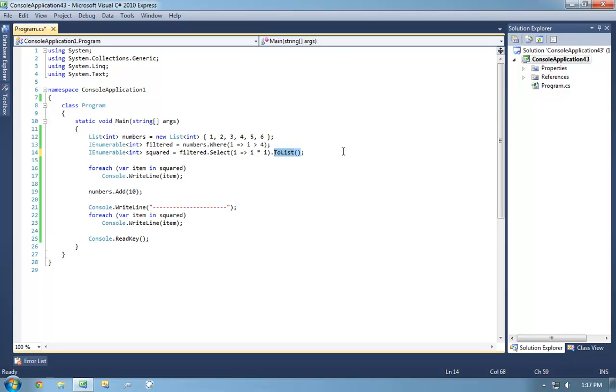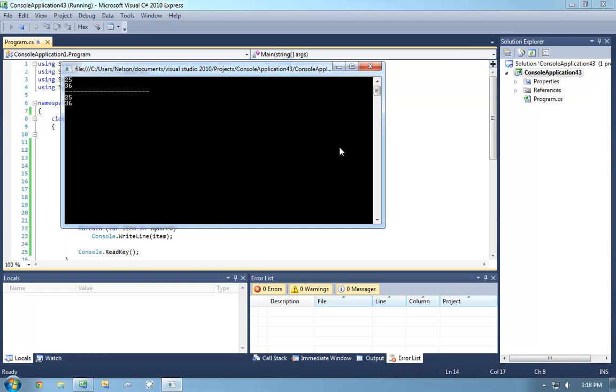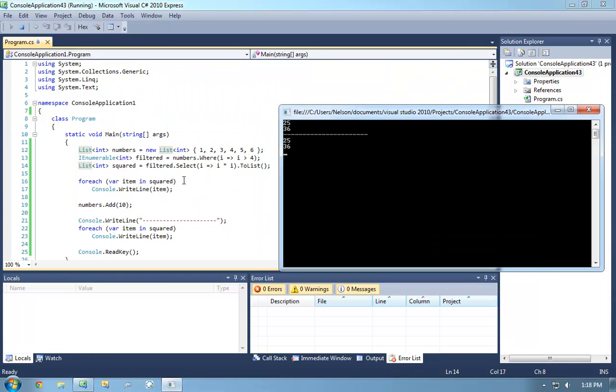Now I can still reference this list as an IEnumerable of int, of course, because a list is an IEnumerable of int. Alternatively, I could turn squared into a list if I wanted to. But what this effectively does is create a new flattened data set that represents the operations performed at that one particular time. So now when I hit F5, notice how the result, regardless of what I do to the source, is the exact same.